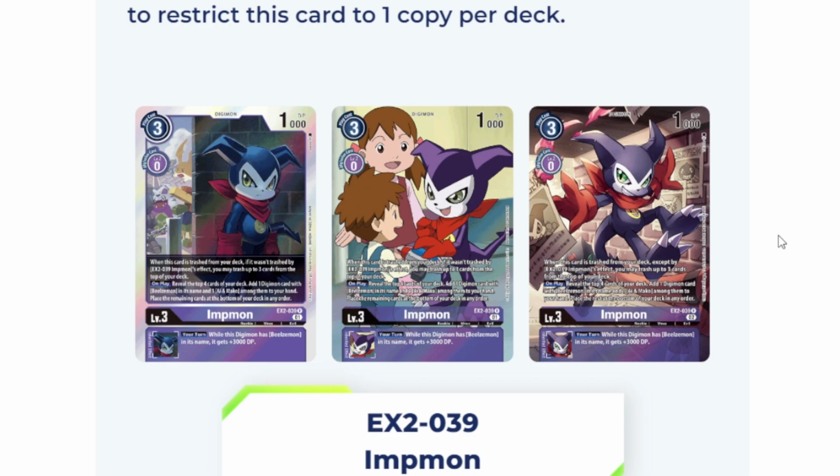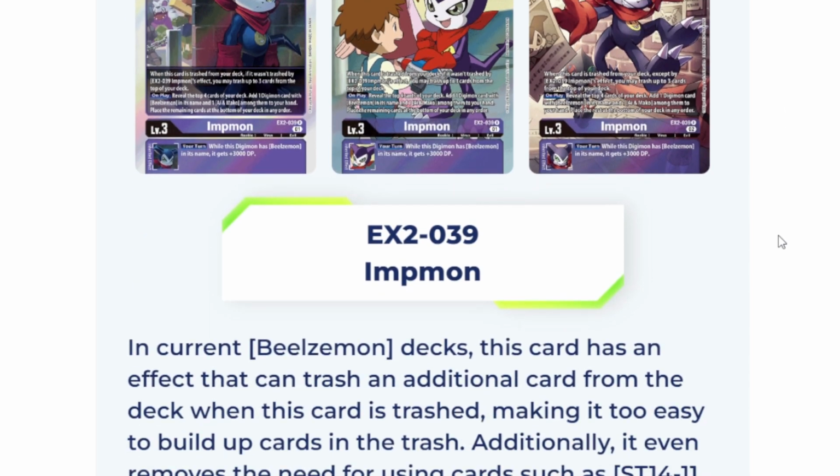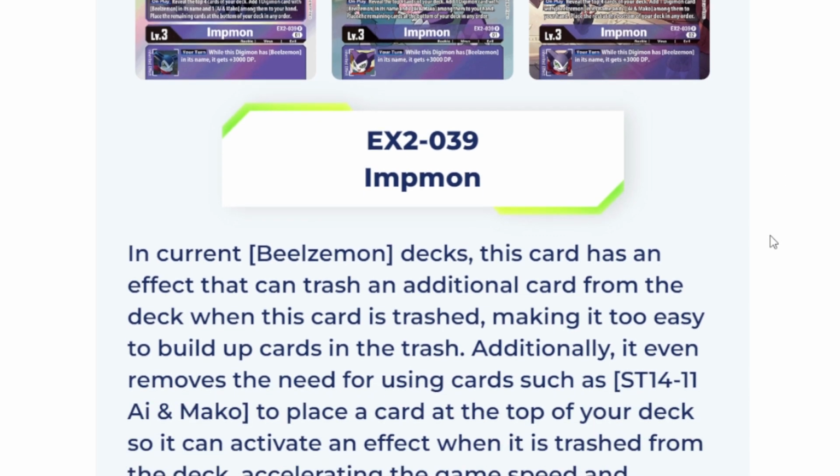This is why this card definitely had to be restricted to 1. So in the case of Beelzemon decks, this card has an effect that trashes additional cards from the deck when it is trashed, making it so easy to build cards in trash. In addition to removing,